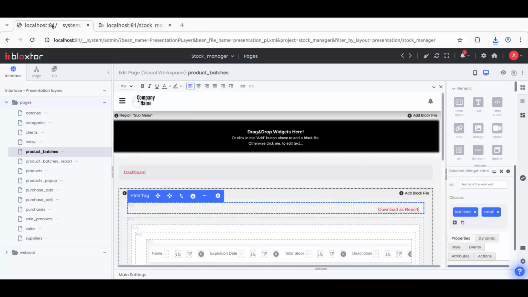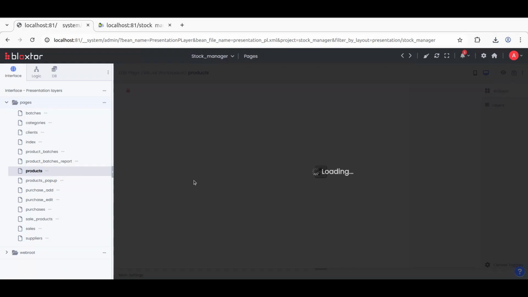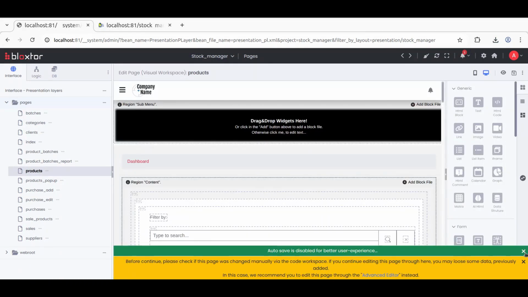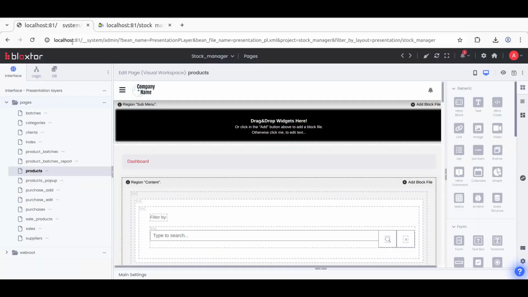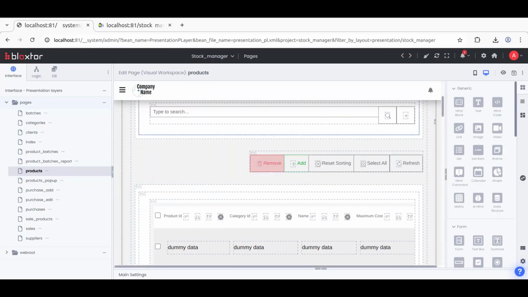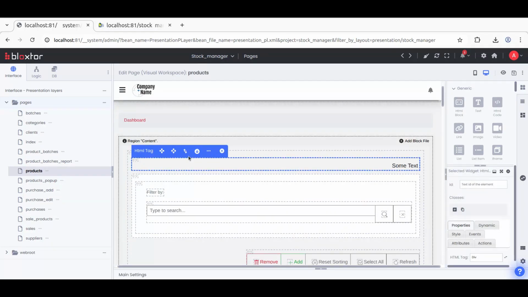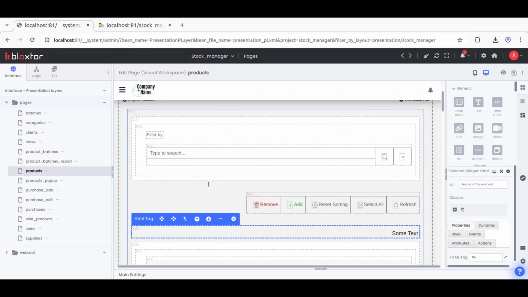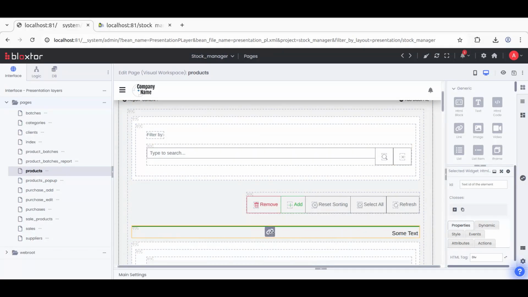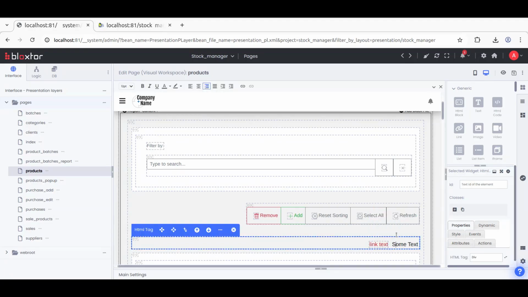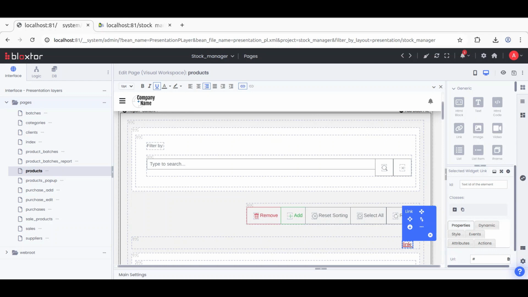So another way of doing this is I go to the products, and below here, the short actions, I put here a div where I move it down in here, and in here I copy a link,